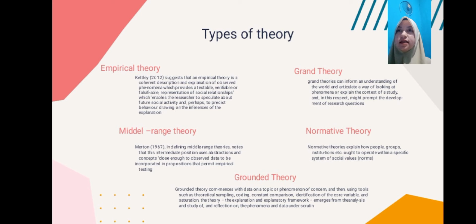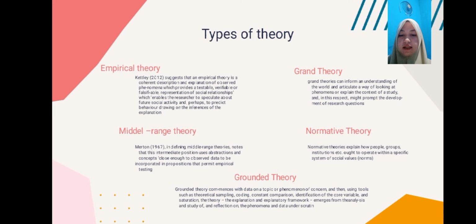Theory is one thing that we read in the first step, that is background. For the next, I will tell you what the types of theories are. The first is empirical theory. It is from Catley 2012. He suggests that an empirical theory is a coherent description and explanation of observed phenomena which provide a stable, variable, or flexible representation of social relationships